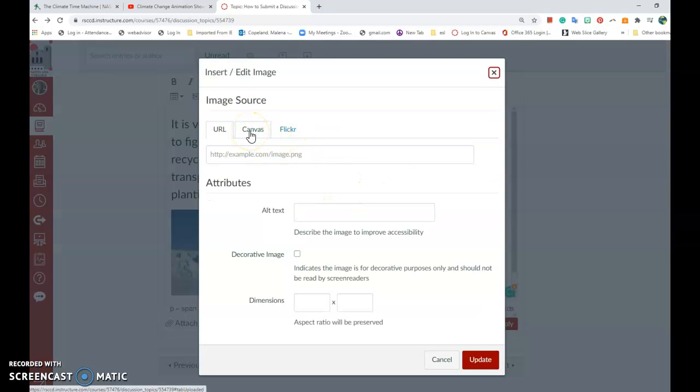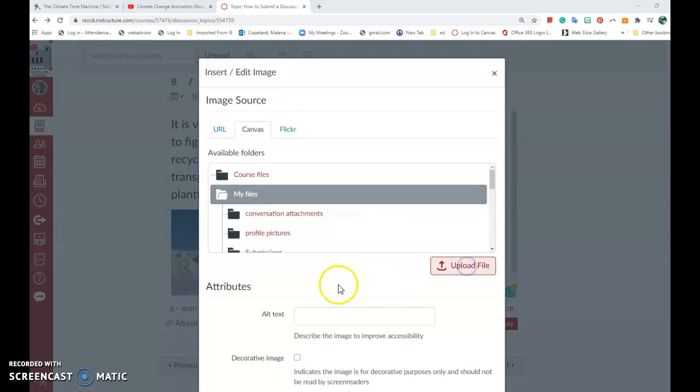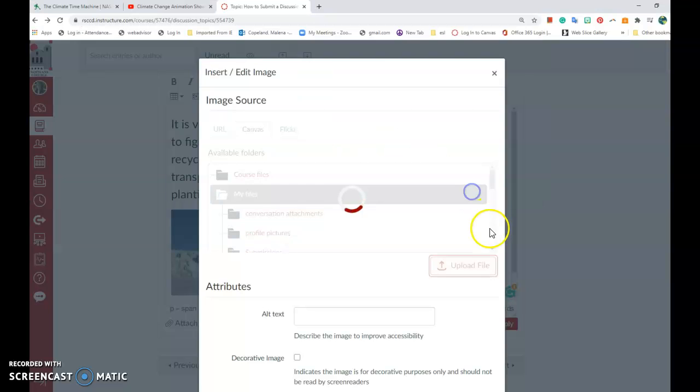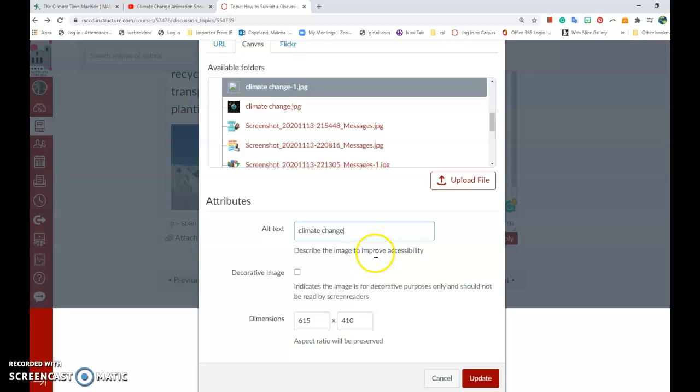To add your own image, you'll click on Canvas, you'll click on My Files, then you'll click on Upload. You'll find your image from your file. You might need to change your file on your computer. Click on the image, click Open. Then you'll need to change the description for the alt text so that people with accessibility issues and can't see will understand